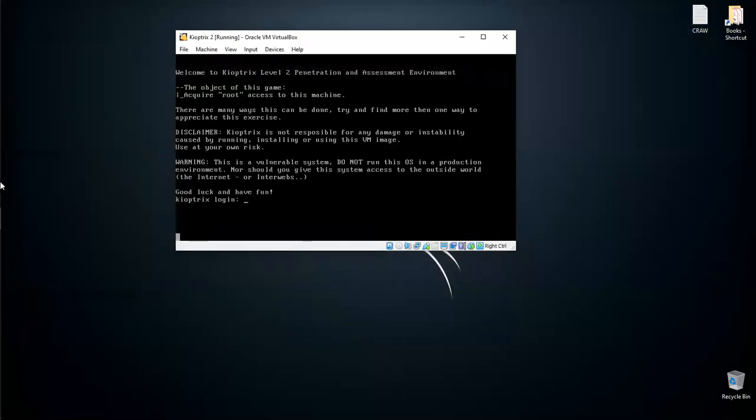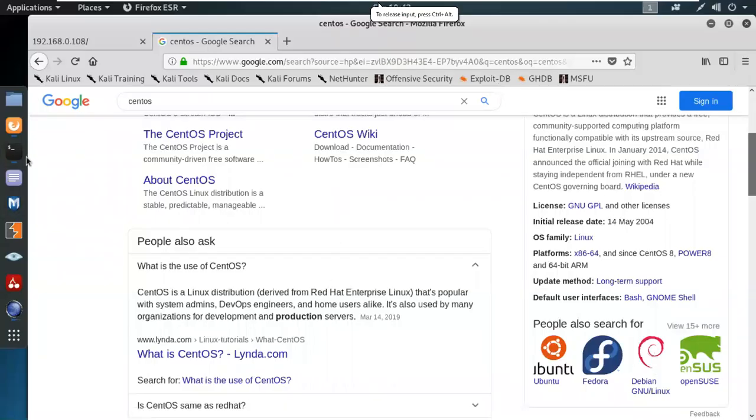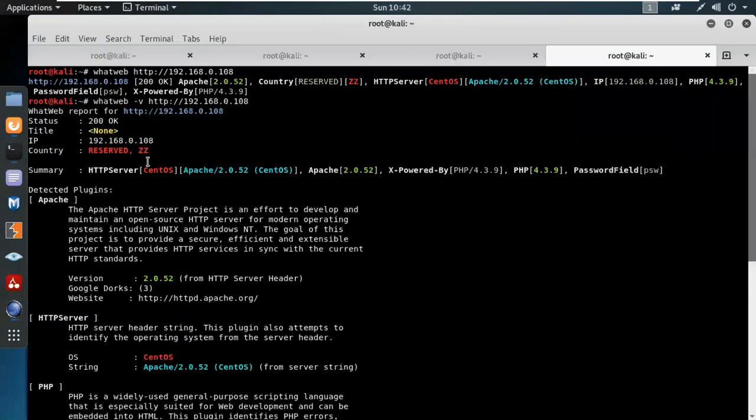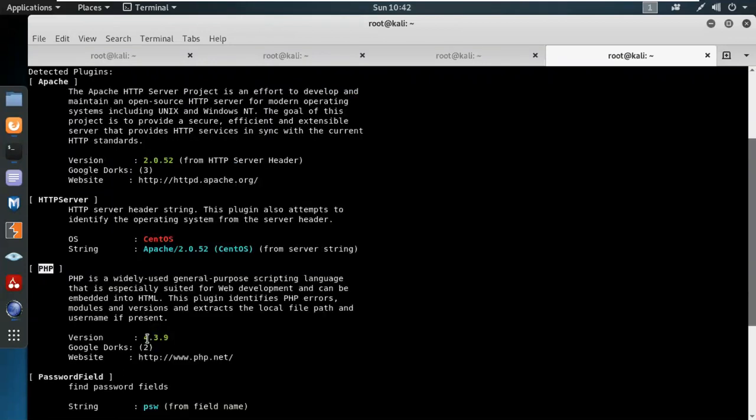So we were on the CentOS. And through whatweb we can identify the services which are running in the backend of the server, which is our recon part. So I can see the PHP version. So most of the hackers, what they do, they simply identify the loopholes with the help of banner grabbing. Banner grabbing is a process where we need to identify each and every service which is running in the specific server. For example,